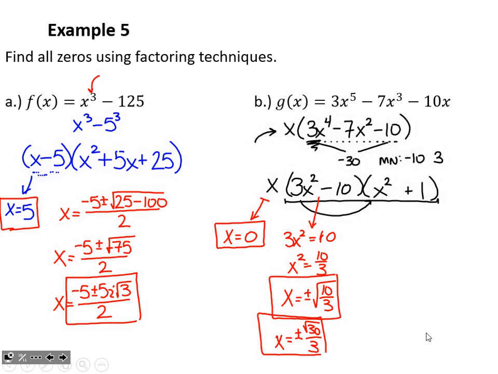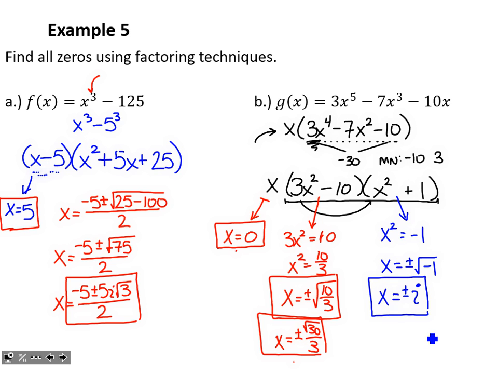Now let's look at that remaining factor. So here, if x squared plus 1 were set equal to 0, I would subtract 1 from both sides, and then square root both sides. Oh, and square rooting a negative, in this case negative 1, that's pretty nice. That's just i. But it is plus or minus because we use the square root property. So we get 2 more solutions there because of the plus or minus. We got 5 total solutions for a 5th degree polynomial.